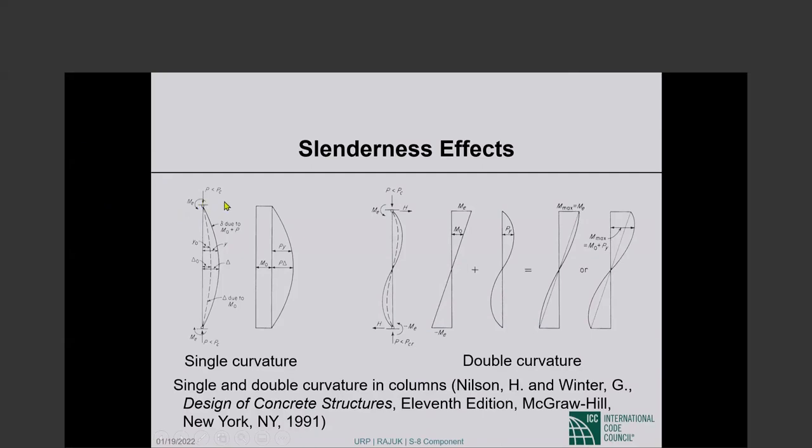So when you have end moments causing single curvature, as in this picture, okay, the end moments themselves